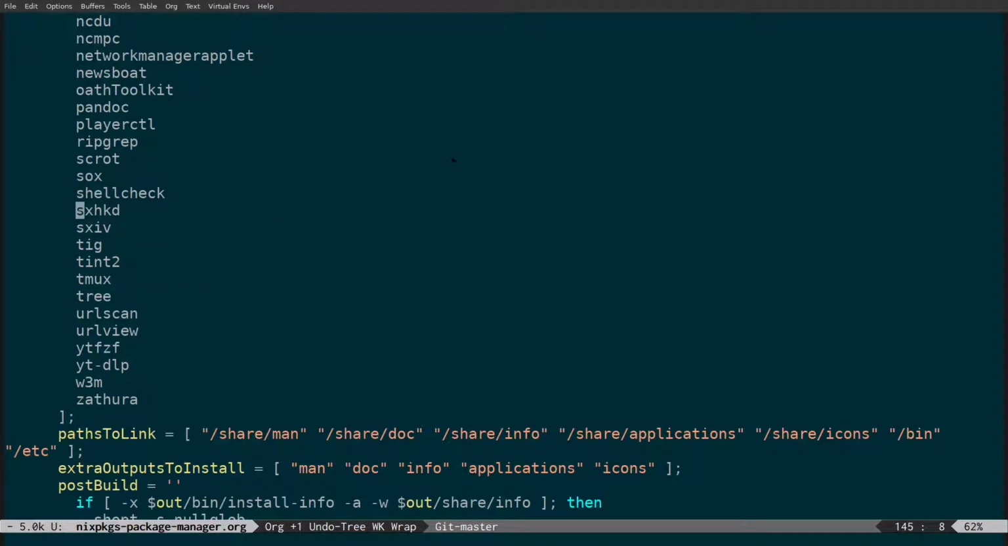Shellcheck, sxhkd, and my keyboard daemon. Got Chafa, which is a command line image viewer. tig, which is a sort of interface to Git to show you commits and stuff. Got tint2, which is the panel, tmux, tree, urlscan, urlview, ytfzf, yt-dlp, and I need to mention a